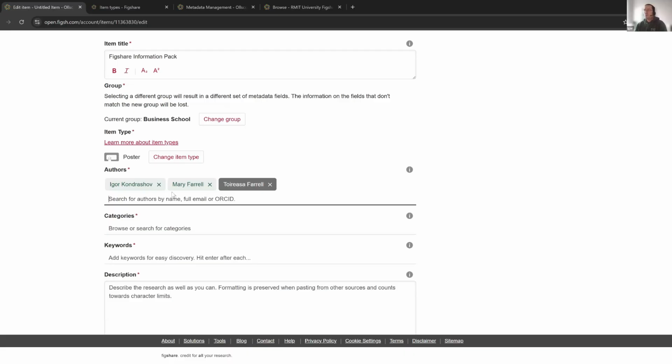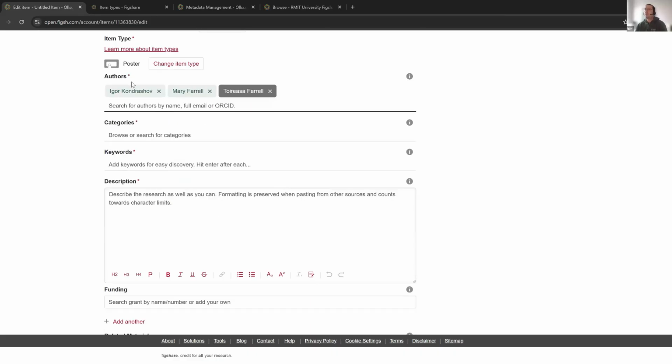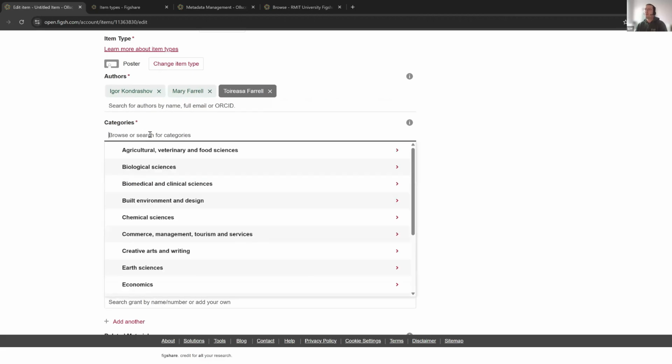So that's how you specify the authors. And as I say, either they're real users that are already available in the instance, or you create them on the fly. And once you've categorized the authors, it asks you to categorize the actual item in terms of a